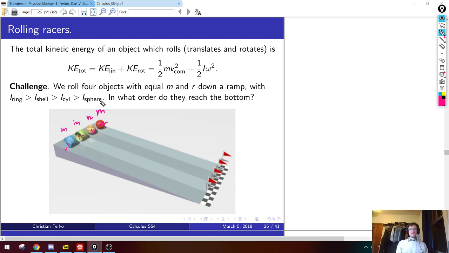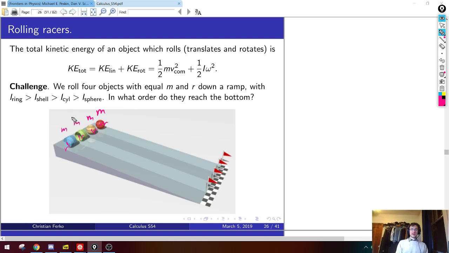So anyway, they all have the same mass and the same radius, but they have different moments of inertia, because if you add up the mr squareds, or integrate the r squareds, over the whole geometry, even though their radius is the same, as you can see, the locations of the masses are different, right? Like for instance, in the hula hoop, all of the mass is at the rim, but for the solid filled-in cylinder, the mass is evenly distributed from the center to the rim. So since the mass distribution is different, the moment of inertia will be different. So let me just set up the problem, and then I'll ask you to walk me through your reasoning. This is more of just a thinking question, not a math question.